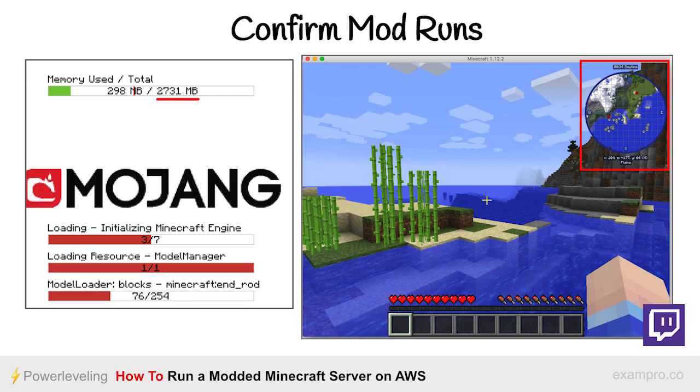The other thing we obviously just need to check here is that the game loads up okay without crashing, and also that it's showing all of our mods loaded correctly. Here you can see our Journey Map showing up in our top corner that wouldn't normally be there in the standard game. So now that we have our mods installed and we've confirmed we can load them all up locally without any conflicts,